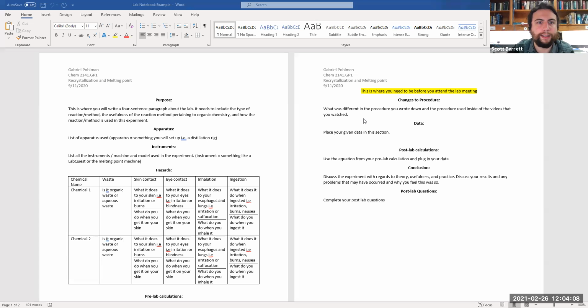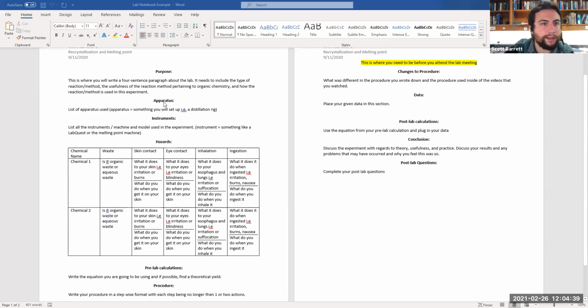for miscellaneous small things. So right here, as this is an example, whenever you submit your document, go ahead and have your name here, Chemistry 2141, and then your section right here next to it. And then you can either put the title right here in the header or at the top or somewhere in the section to have some sort of statement towards what we are going to be performing as the experiment for the week. And then also go ahead and put the date here, just as a formality,